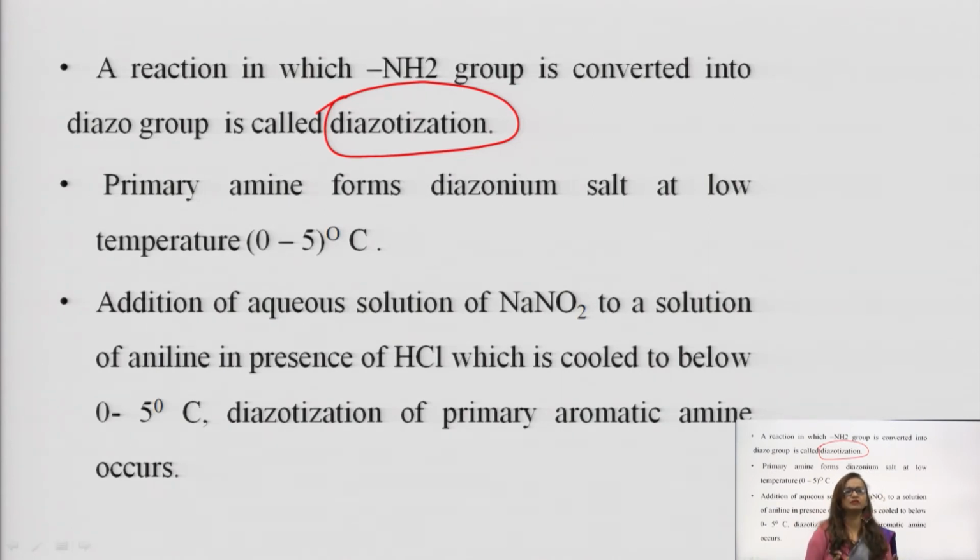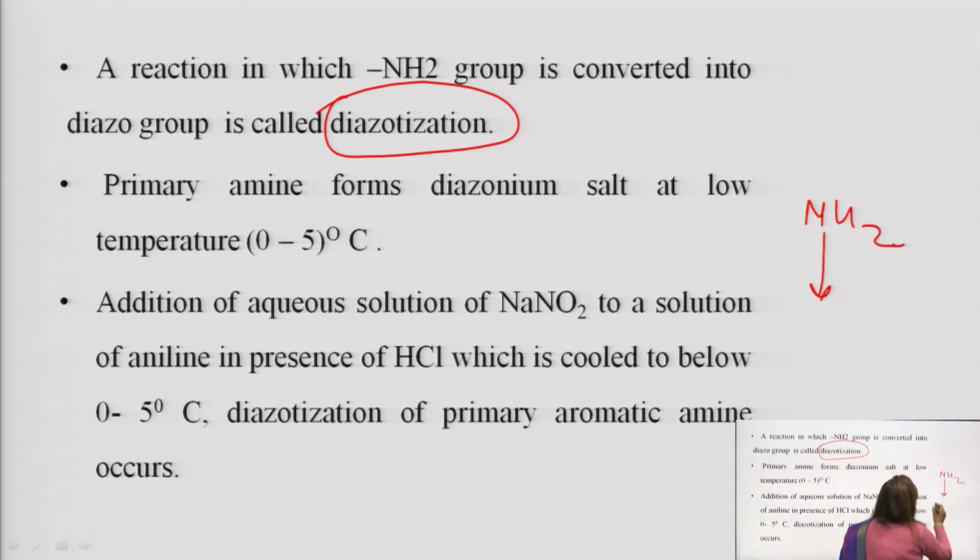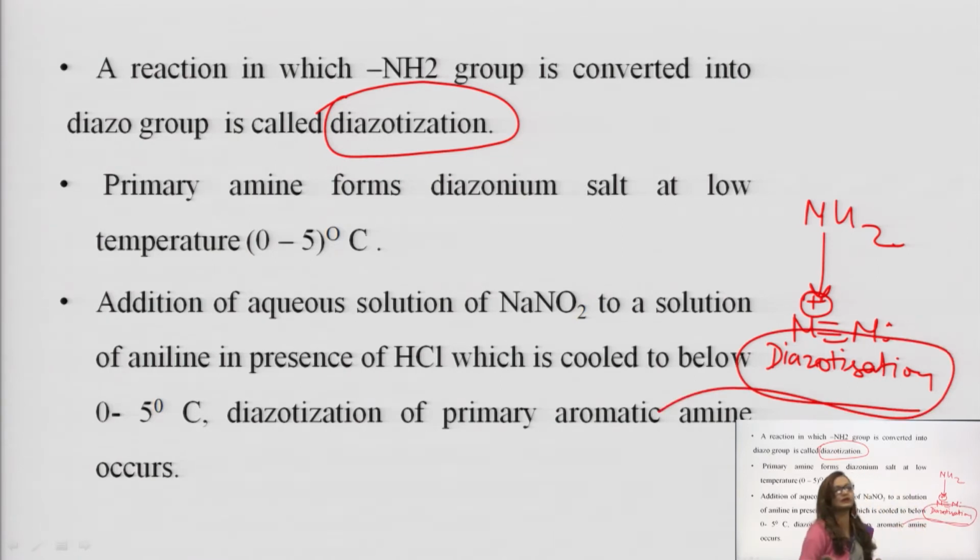The simple meaning of diazotization that you should keep in your mind. In detail I will tell you in a later slide, but for diazotization one only thing which you have to keep in your mind, when any NH2 is converted to diazo group, the process is known as diazotization, because this diazotization process is very important, and this is important in terms of the synthesis of many pharmaceuticals, right? Because we are pharmacy people,